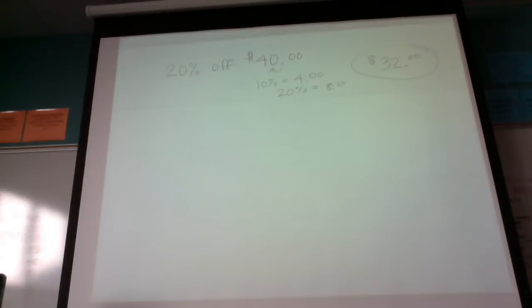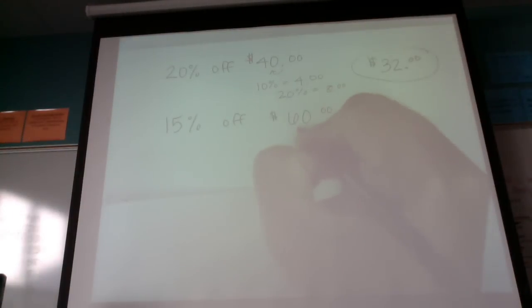The next one, 15% off of $60. Well, I know 10% is going to be what? $6. Well, half of 10 is 5%, so half is going to be $3. Add those together, 15% then is going to be $9. So 60 minus 9, the new price is going to be